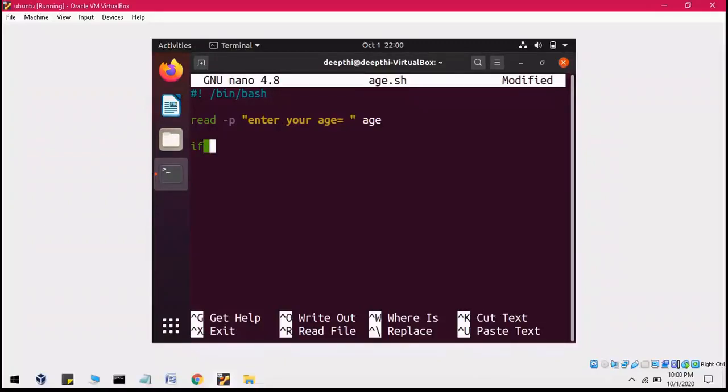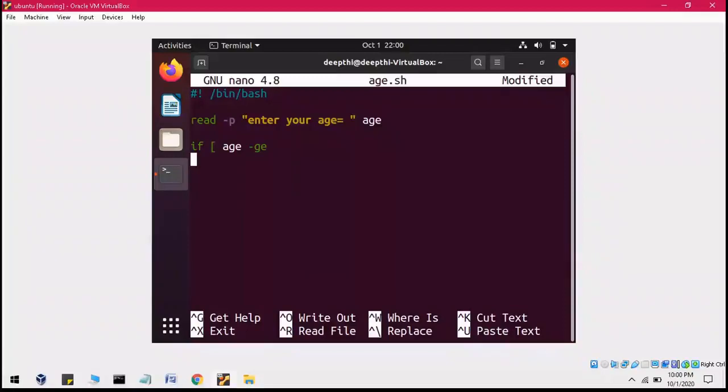You have to give one space. Then you have to use the starting square bracket, then again one space. And then you are going to use age. Then space. If your age is greater than or equal to, this is an operator here, greater than or equal to, but this operator has to be preceded by this hyphen, right? Now you can see the color of it.